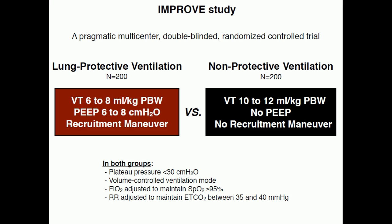The IMPROVE trial, as you probably remember, compared in fact two strategies. The first one is a non-protective ventilation approach that used a tidal volume of 10 to 12, no PEEP and no recruitment maneuver, which was at least a routine approach at the time the trial was created. And this non-protective ventilation approach was compared to a lung protective ventilation approach using lower tidal volume, 6 to 8 milliliter per kilogram predicted body weight, a moderate PEEP level, 6 to 8, not too high, not too low, and